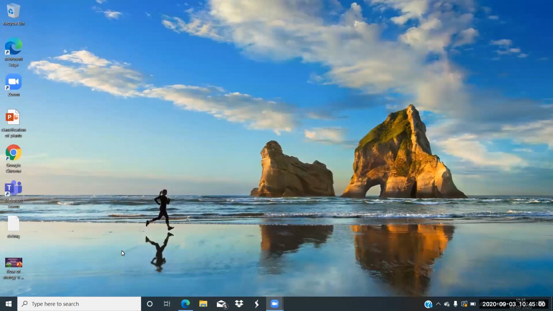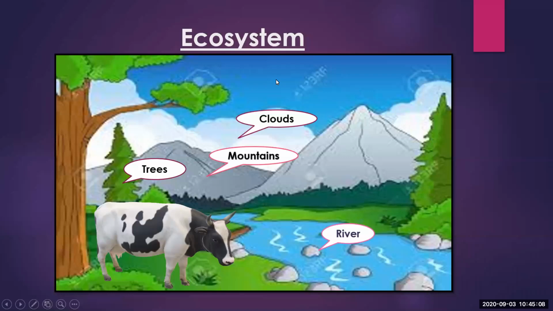Ecosystem is biotic and abiotic environment. What is biotic? Living, and abiotic is non-living. So an ecosystem consists of both living and non-living components. So ecosystem is the whole biotic community plus its environment. So what is an ecosystem? The whole biotic community, the whole